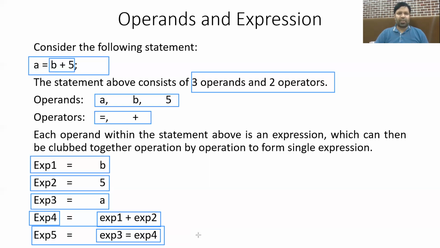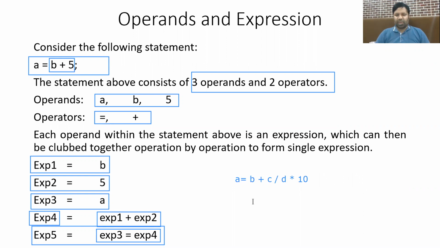Now why is there a need to understand the operands and the expressions? Because in C programming language, you can have a binary operation on a maximum of 2 operands at one time. So for example, if I give you this particular example right here, A is equal to B plus C divided by D multiplied by 10.